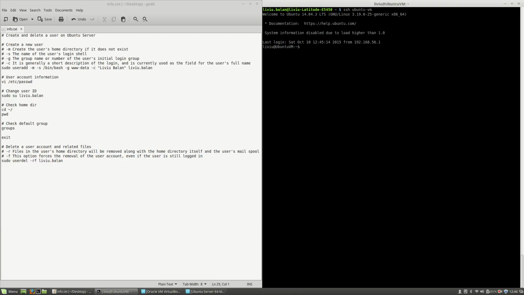Now I will create a user using the useradd command. Be very careful when you use the useradd command on Ubuntu server, because most of the time you'll have to specify all these arguments. So what these arguments are: the -m creates the user's home directory if it does not